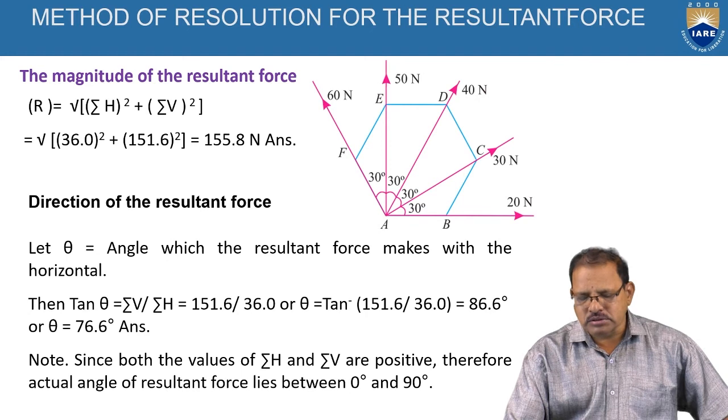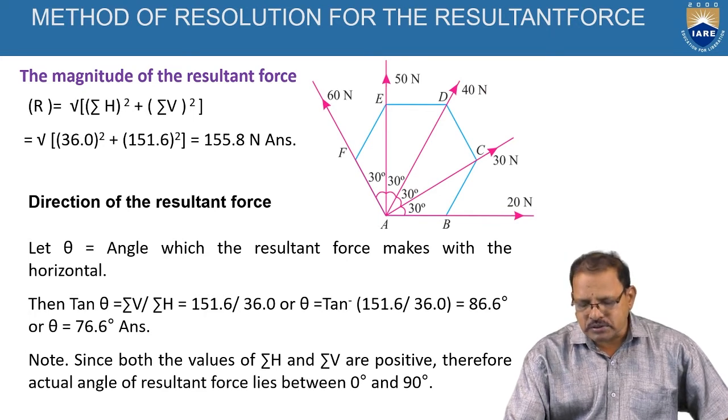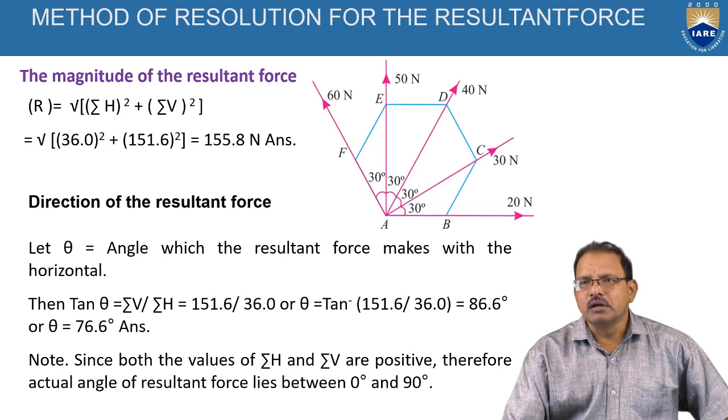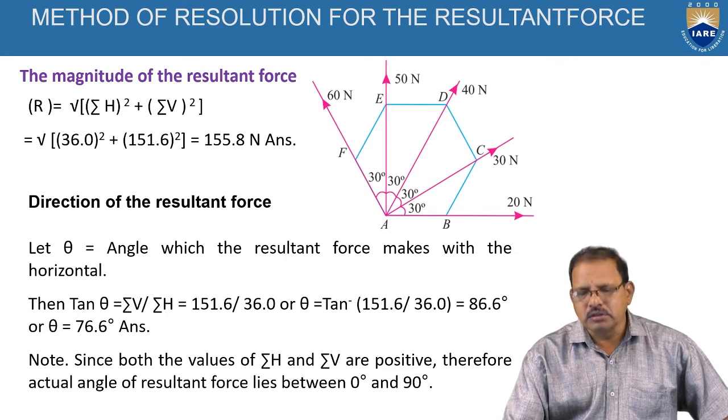According to the given problem, the force acting in the direction of AB is 20 newtons. Here, according to our convenience, we have taken it in the horizontal direction. The second force, which makes an angle of 30 degrees with respect to AB and passes through point C, is 30 newtons. Similarly, from D, the total cumulative angle becomes 60 degrees with respect to the positive x direction, 40 newtons. Similarly, from point E it is 90 degrees, that is 50 newtons acting. At 120 degrees, a 60 newton force is acting.